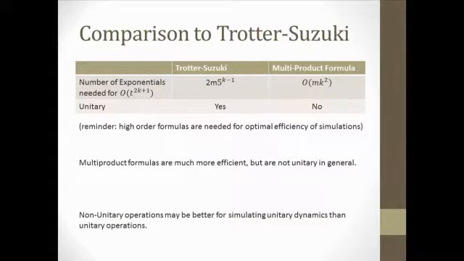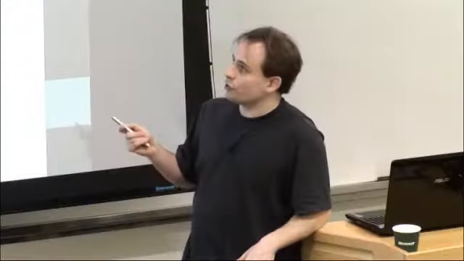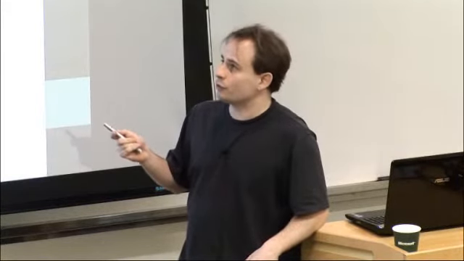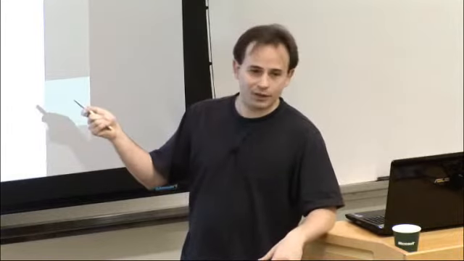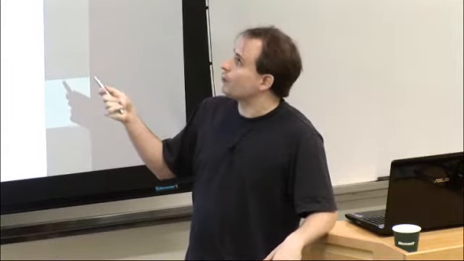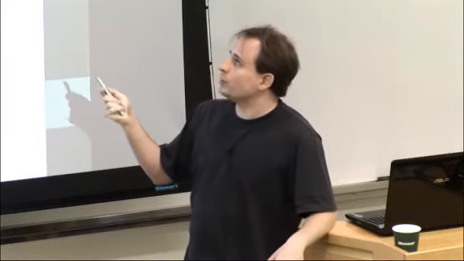And so there are some advantages to doing this. The first key advantage is the number of exponentials that you need to create the formula using a Trotter-Suzuki, you notice, will grow exponentially with the order. And that's exactly for the reason that I mentioned. Every time you increase the order recursively, you need 5 times more exponentials, hence the 5 to the k minus 1. Whereas with the multi-product formulas, you only end up needing order k squared terms, which is fantastic.